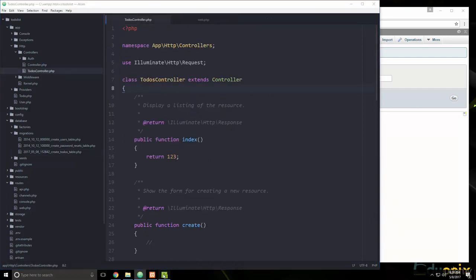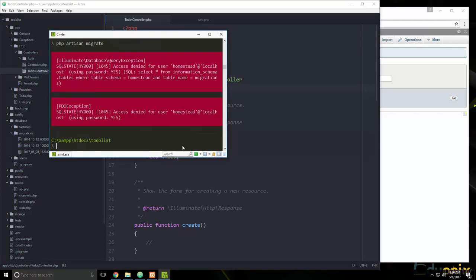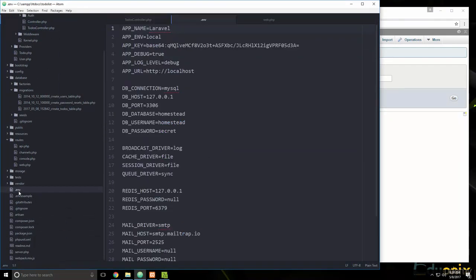And then we want to run the migration. So we'll say php artisan migrate. Oh, I keep forgetting to do this. We need to put in our database fields in the .env file. So DB_DATABASE is going to be to-do list, username, password,